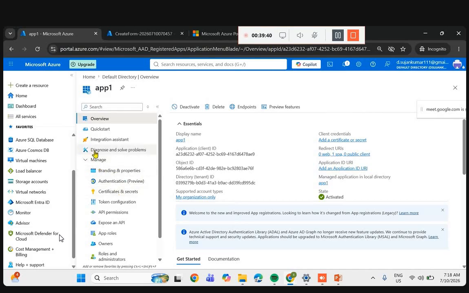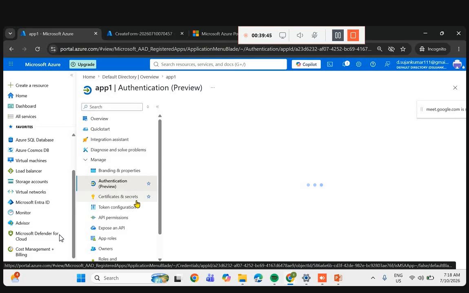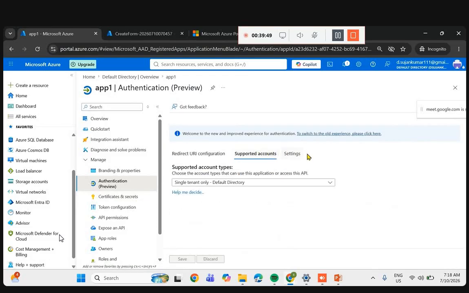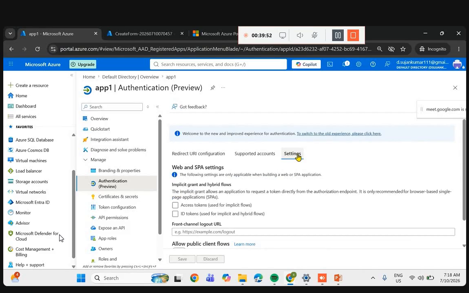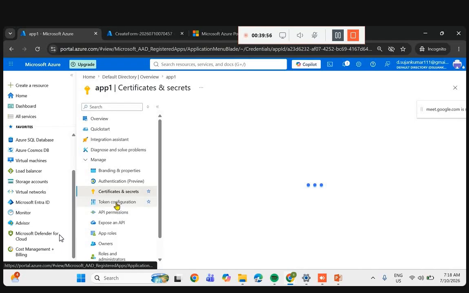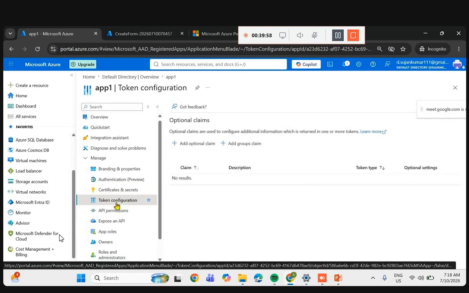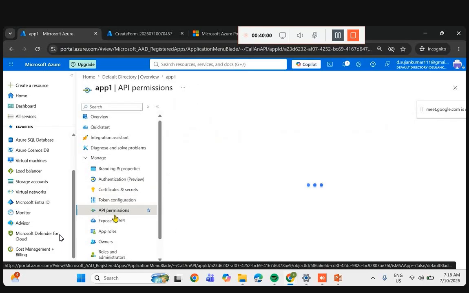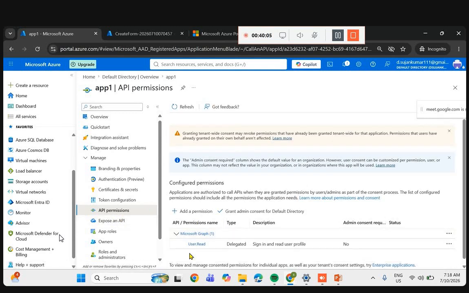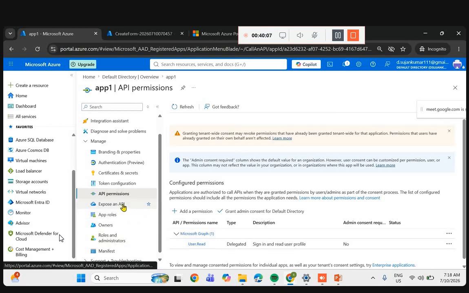When you go internally, we have many things here: authentication, front end side, we don't look into much here. Yeah, these are the permissions and everything. You have to look into it when it will be a